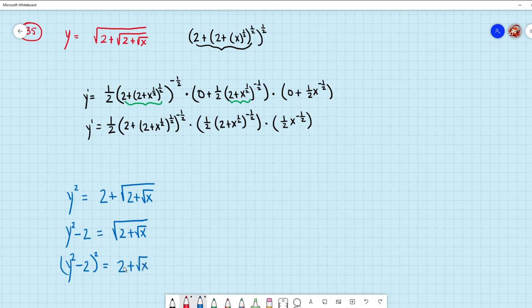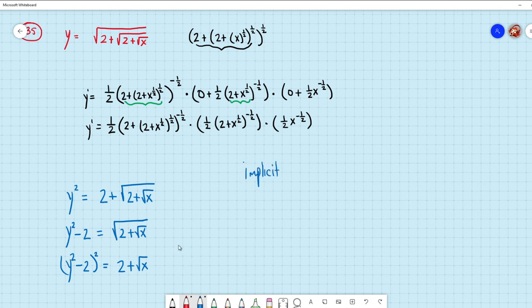Now I'm going to stop here. I can keep going. I'll move the 2 over and then square it. But then you don't have radicals, but I'm still having to deal with a lot of nested functions. I would stop here. And now I would say, okay, let me derive that. So now implicitly,